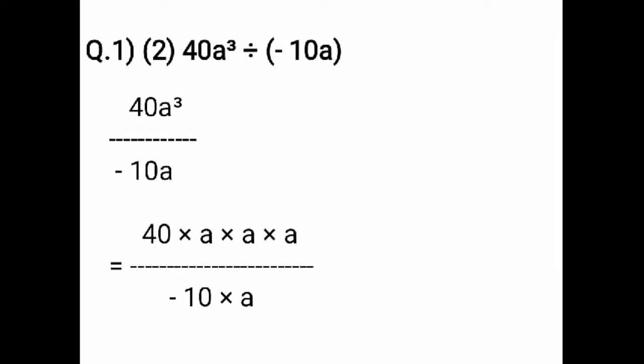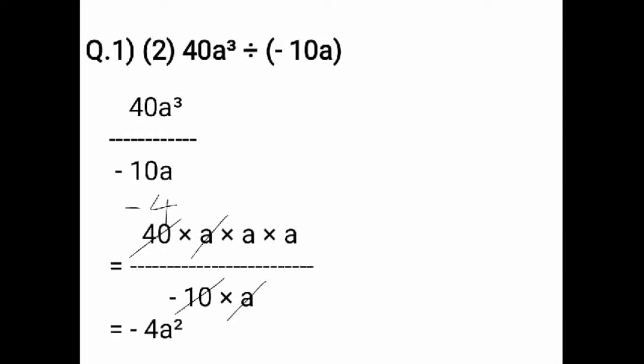Now you have to do the cancellation. Number 40 is in the 10 table. Denominator 10 already is there. You can do cancellation directly. Minus 10 ones are minus 10, minus 10 fours are minus 40, so minus 4. Okay. 1a gets cancelled on numerator and denominator. Like this way. Now you have to multiply only the numerator. In the denominator nothing is left to multiply. Minus 4 into a is minus 4a square.